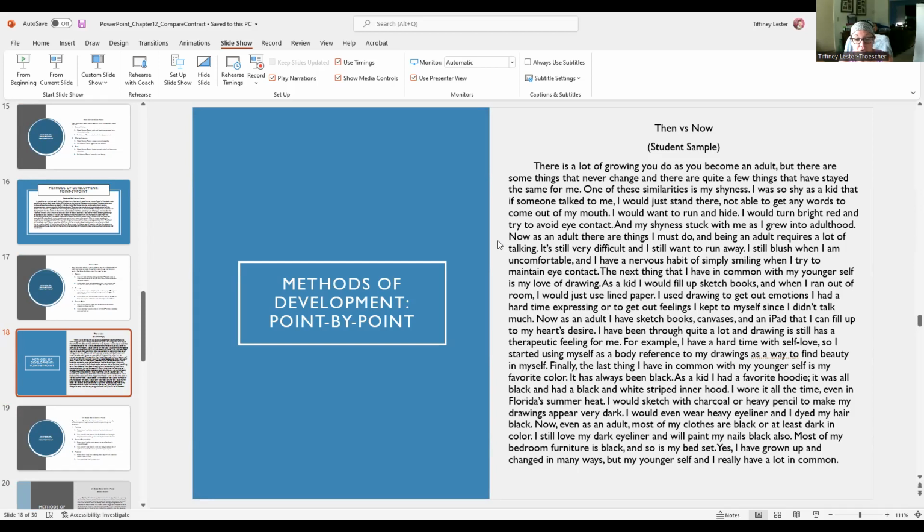Now, as an adult, most of my clothes are black or at least dark in color. I still love my dark eyeliner and will paint my nails black also. Most of my bedroom furniture is black, and so is my bed set. Yes, I have grown up and changed in many ways, but my younger self and I really have a lot in common. Again, she did a great job of